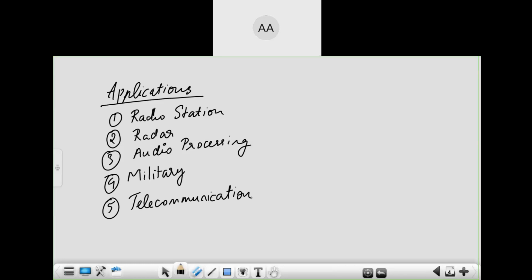So who else? Jayanth, can you give a few more? For image processing also we can use this. Yeah, image processing. Fine. Image processing involves even your medical applications. When I say image, all your ECG, EEG signals and MRI images, if some data is missing, then you can get it back. You can restore it back.